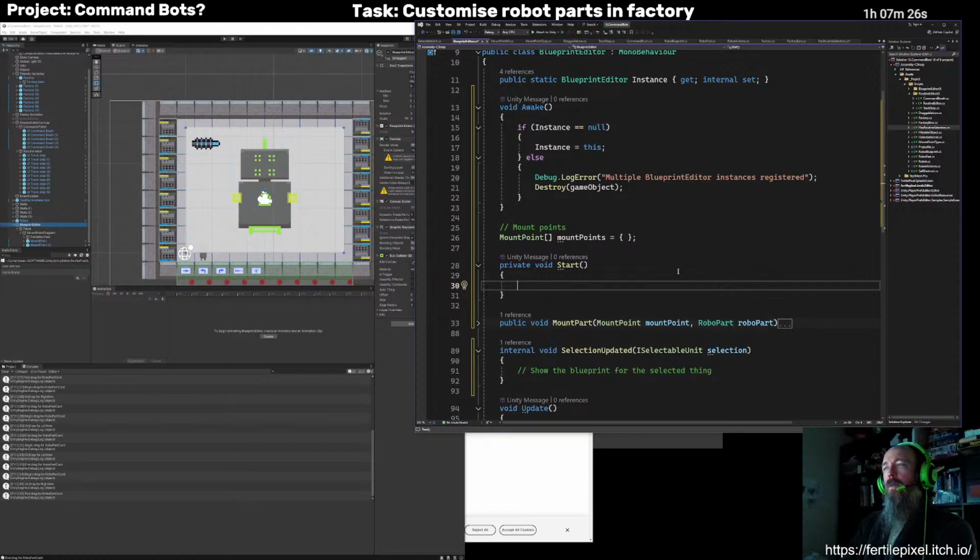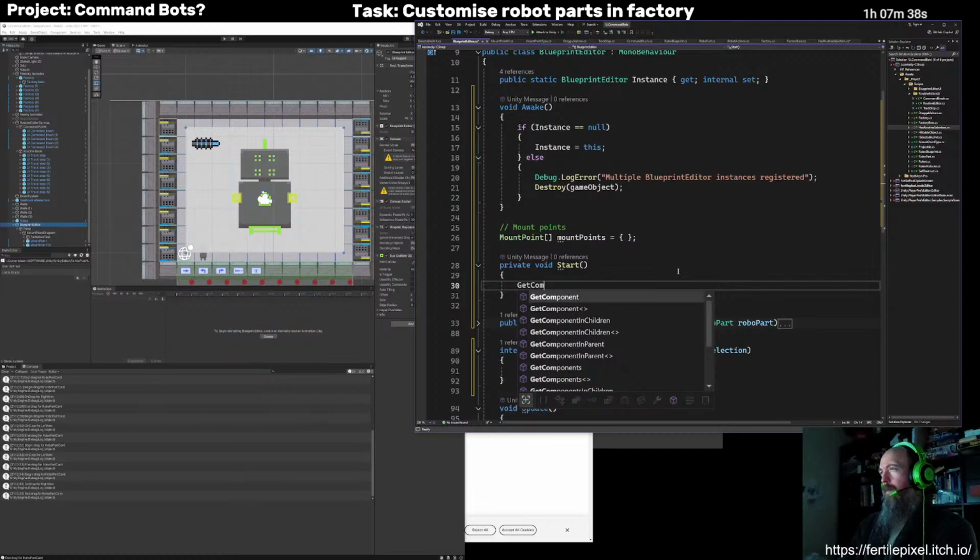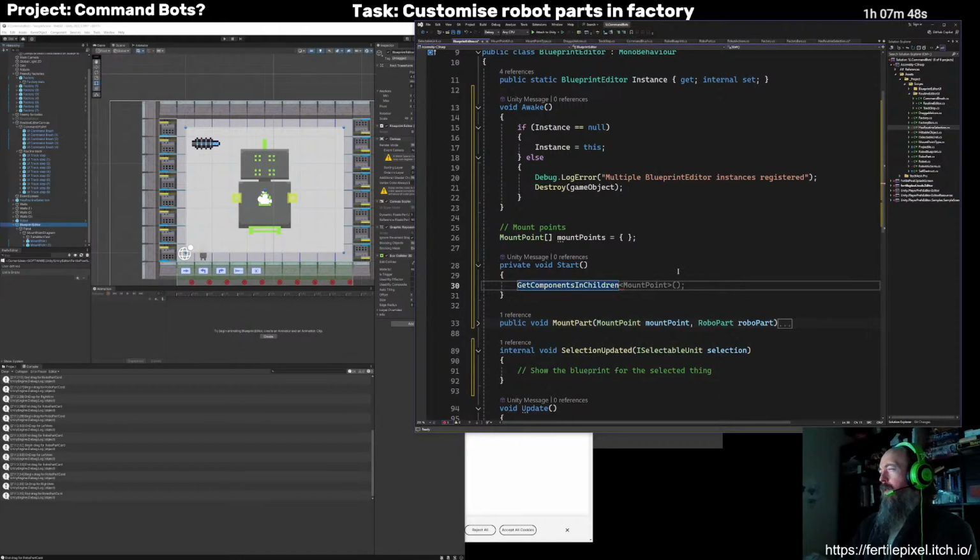So we're going to look at, probably, get components in children. So that should give me all the way down the tree. So that should search down through here and find all of those mount points. Is that what I want?